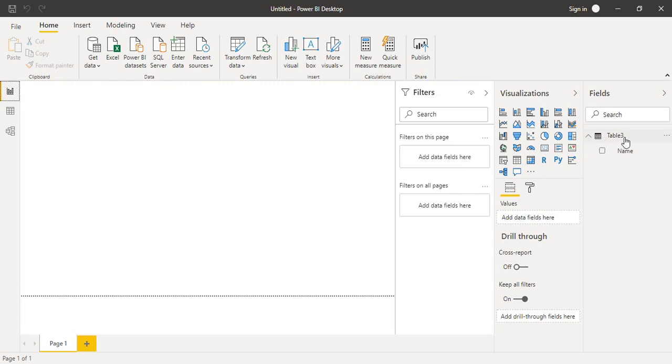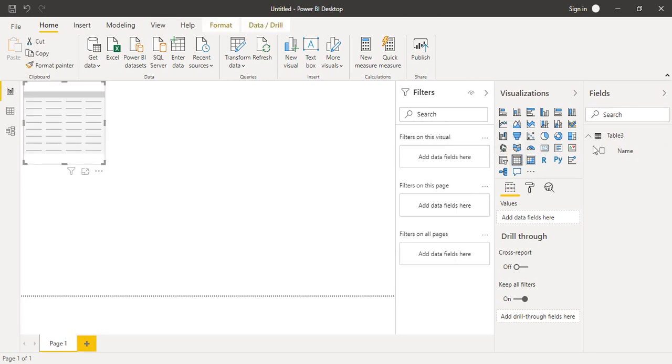So that is what we will get. Here you can see that since this table is loaded, table 3, we have got only a single column, that is the name column. If you want to view it, you can select a table visualization over here and display this name.